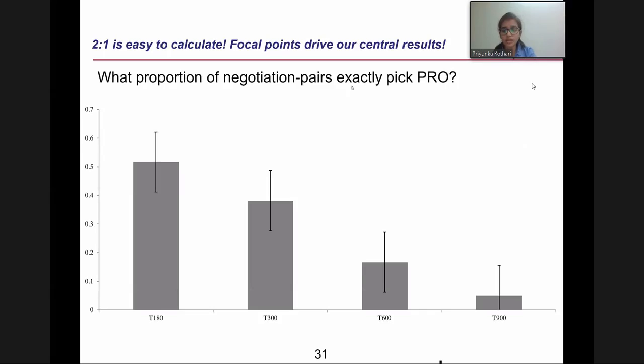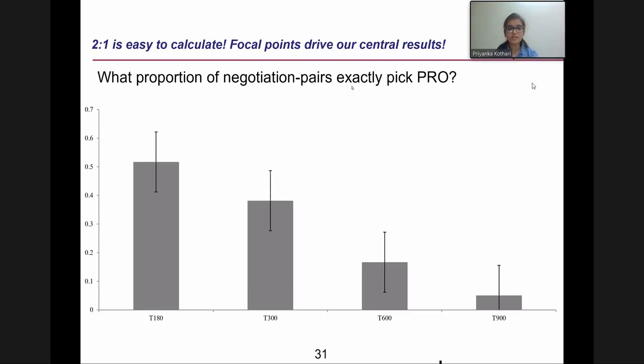So we see why this is happening. How many people pick exactly the PRO solution in the different treatments? Is the PRO solution equally popular in all the treatments or not? And exactly means exactly the 2:1 ratio. So we see that as the pie size grows, the popularity of the PRO solution decreases. PRO is mostly chosen by the bargainers in treatment 180, and the subjects in